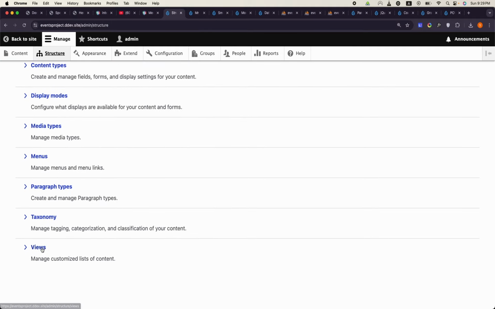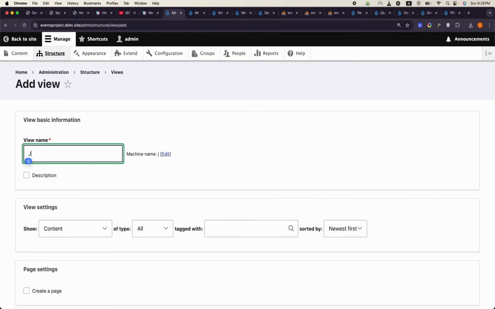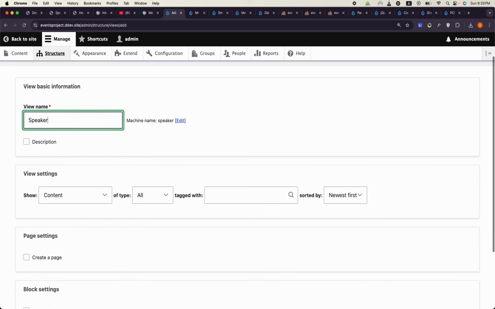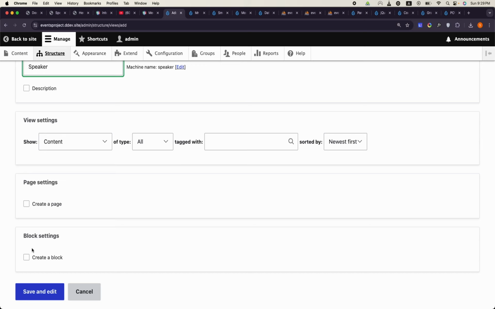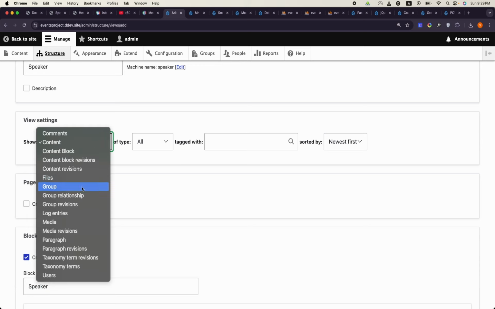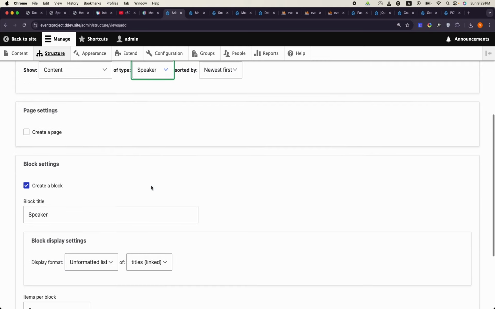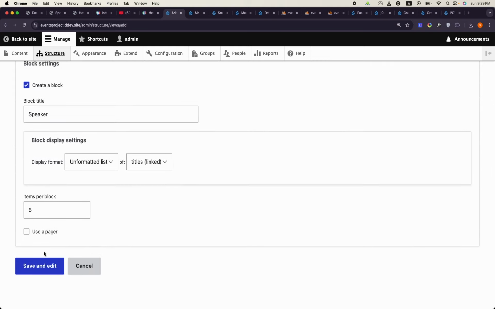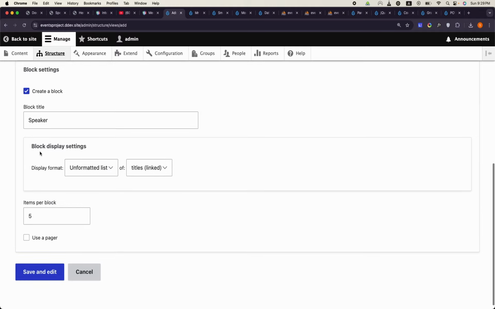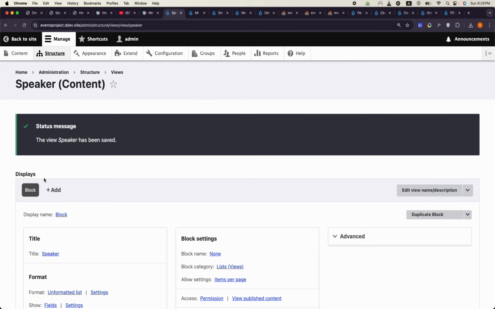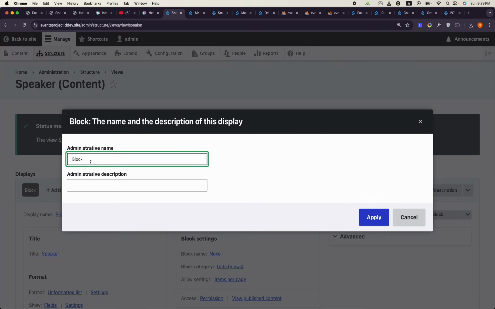So let us start with the view, and we will call it keynote, or we can call it speakers for now, and then we will have a keynote speaker. So a block of type, which one? Group one. No, it should be content of type speakers. Right, create a speaker block, and this is a block which is, so we will call it keynote speaker,